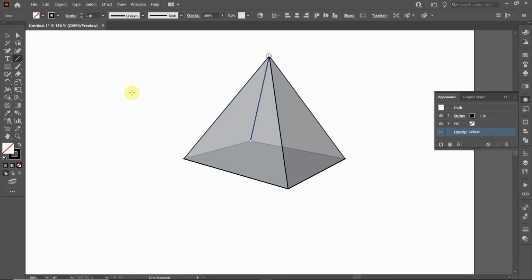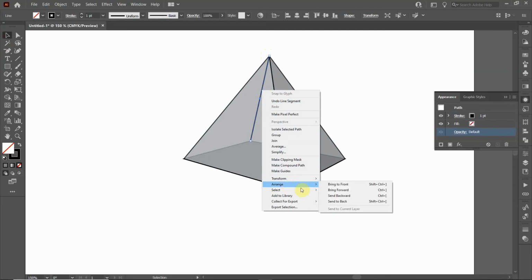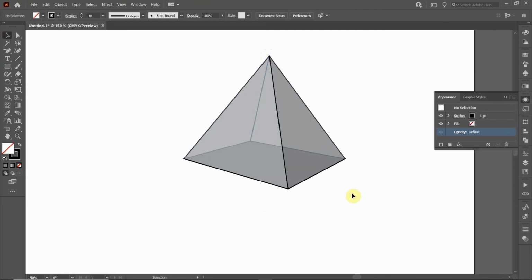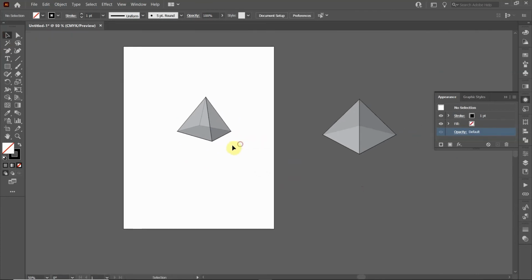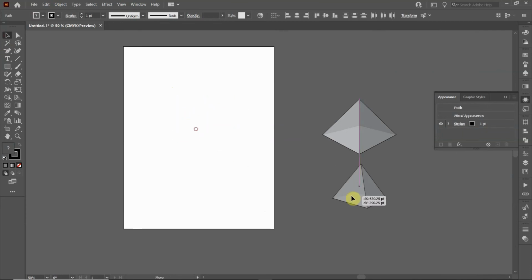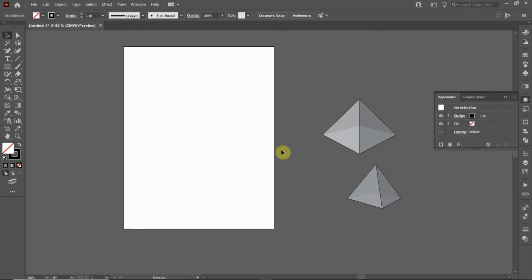I would just draw a line. And I'm going to right click, arrange, send to back. And there you go. So that's the pyramid. And this again is using the perspective tool. Okay. Now let's do a